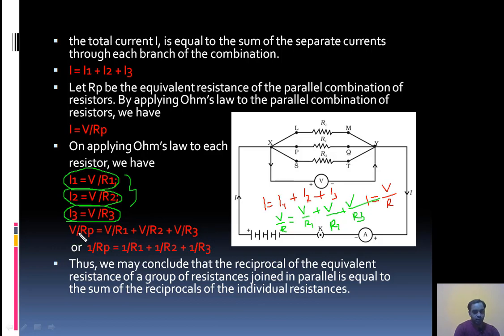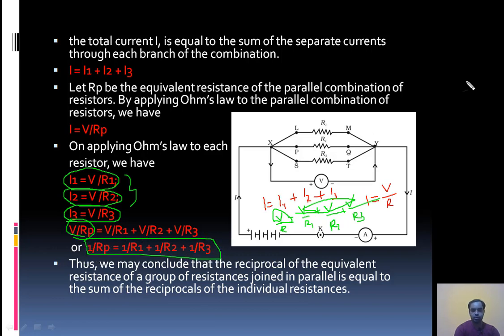So I equal to I1 plus I2 plus I3. In place of I, it can be written as V divided by RP. In place of I1, V divided by R1, then V divided by R2, then V divided by R3. Now you can see that in all the terms V is common in the numerator, so you can cancel V out. So 1 by Rp is equal to 1 by R1 plus 1 by R2 plus 1 by R3. This is the conclusion